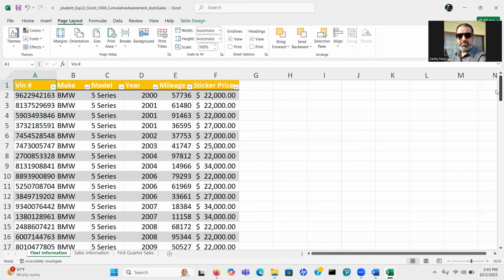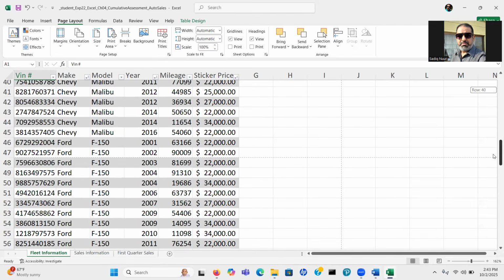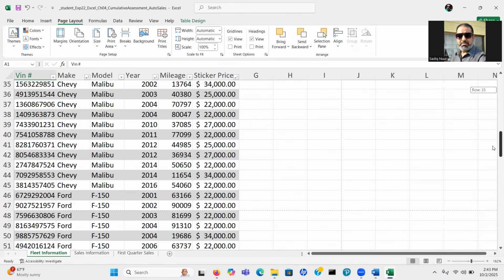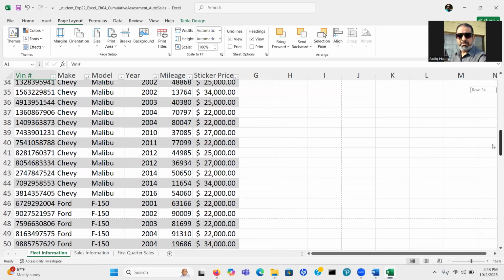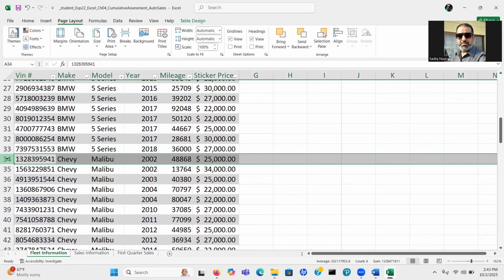So what we can do is, you see the dotted lines here. That means how much paper will be printed, right? So let's go to row number 34, and then go to Page Layout again, then select Breaks, and then click on Insert Page Break, right? Insert Page Break.